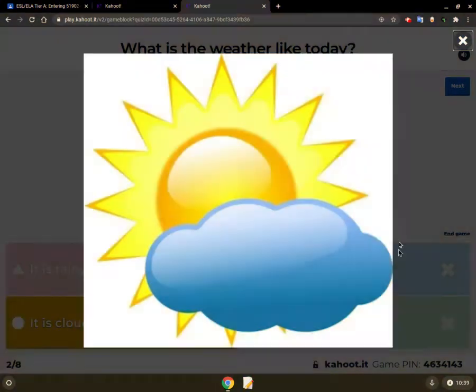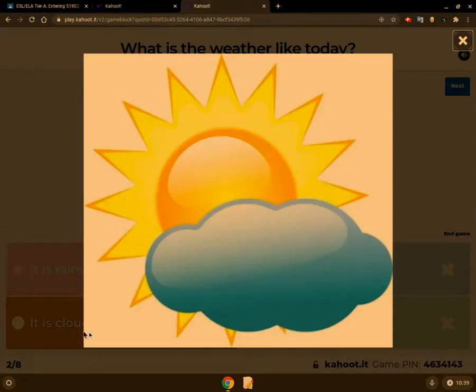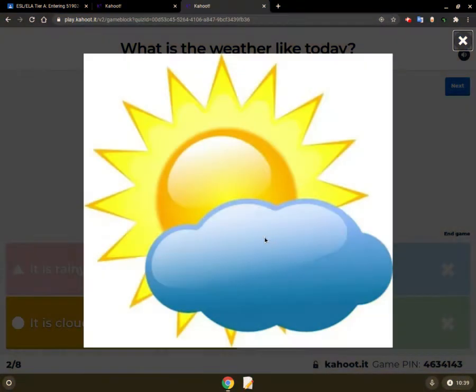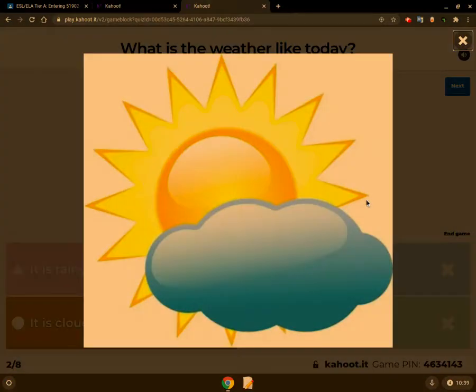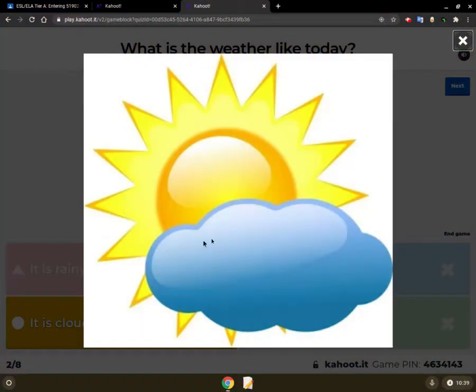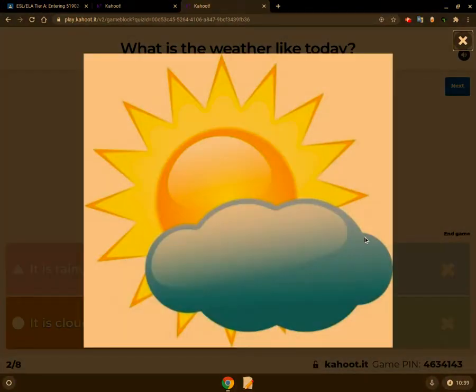However, we do have a cloud, so we could say that it is cloudy. When we go outside and we have the sun out and we have clouds there, we can still see some of the sunlight, right? But the clouds still make it what?